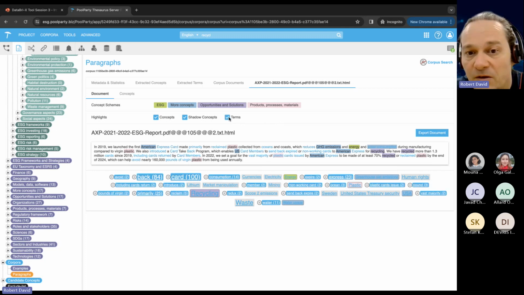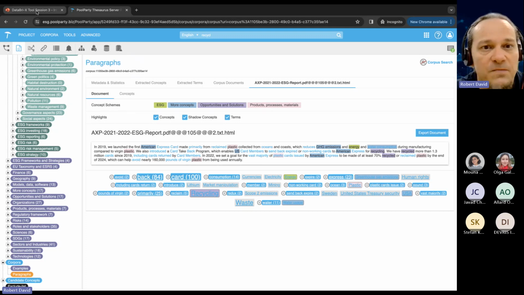And the final part are the remaining terms, where we also provide a structured processing of these textual terms that you can then further use to work with. For example, also make concepts out of them and put them into the knowledge model. So we provide these terms in a refined way, clearing away stop words and such, so that you can get the most out of the content of your documents. So this is basically what the PoolParty extractor is doing,